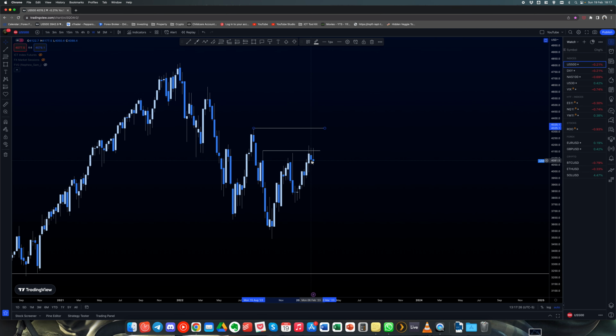So I personally think that this is going to be a low resistance liquidity run down to this low. So we're going to have this as my sell side liquidity. This is my sell side liquidity. We've already taken the buy side liquidity here. However, we also are rejecting this.